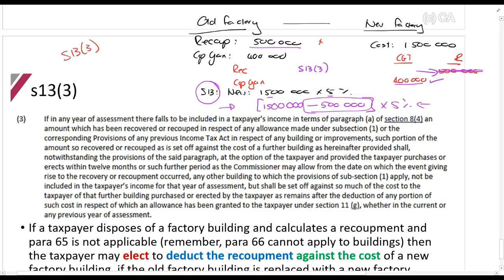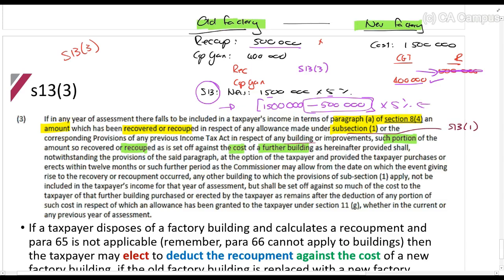So here we go, just to show you where it says it in the Act. If in any year of assessment there falls to be included in the taxpayer's income in terms of paragraph A of the section 8(4), that's the recoupment section, an amount which has been recovered or recouped in respect of an allowance made under subsection 1. When they talk about subsection 1 here, they talk about subsection 13.1, which is the factory allowance. Alright? In respect of any building or improvements, such portion of the amount so recouped as is set off against the cost of a further building,